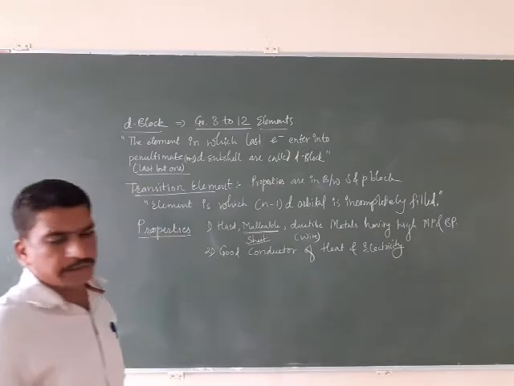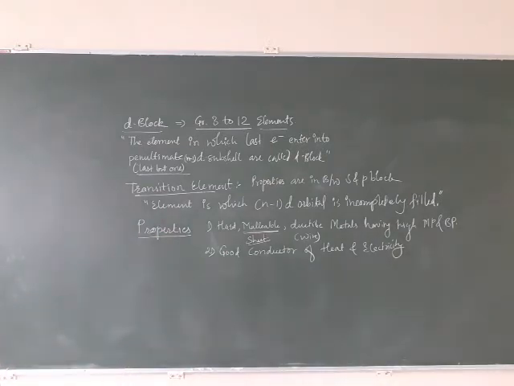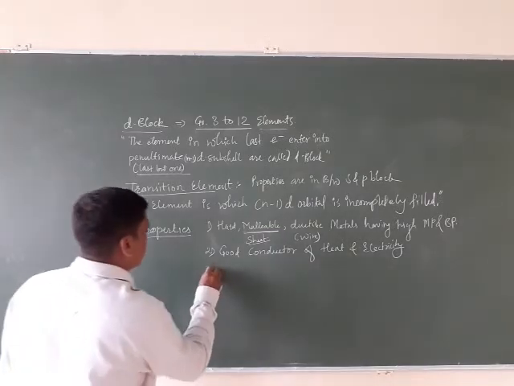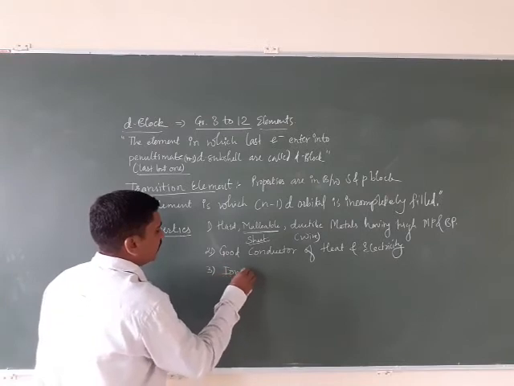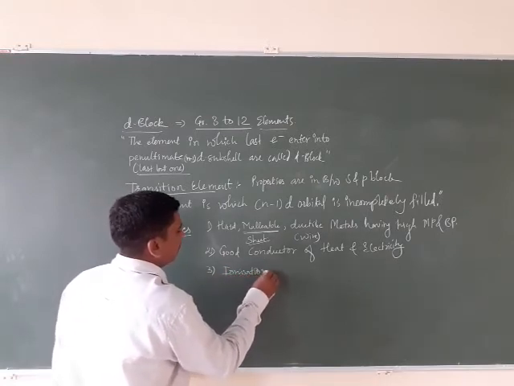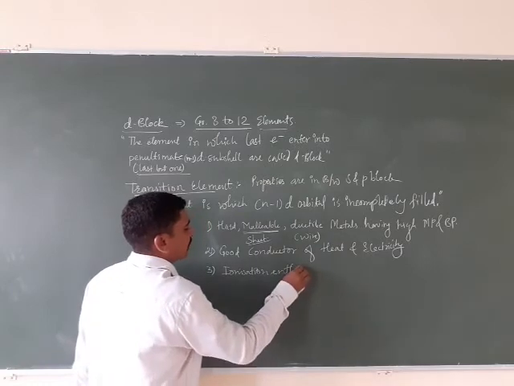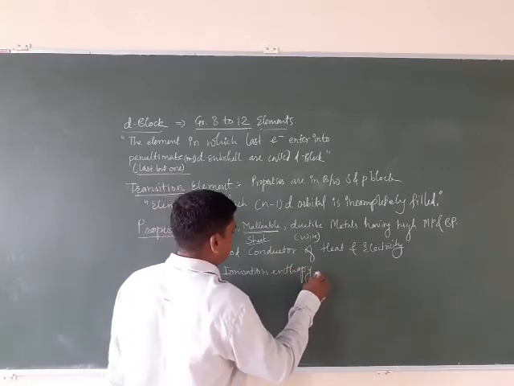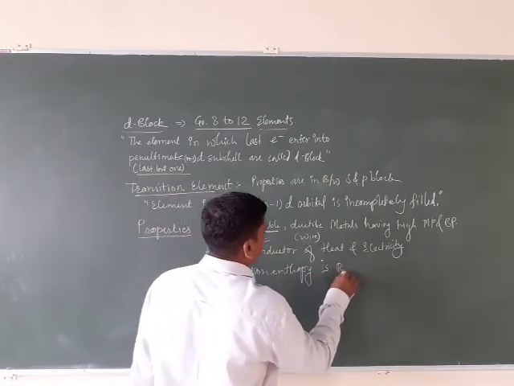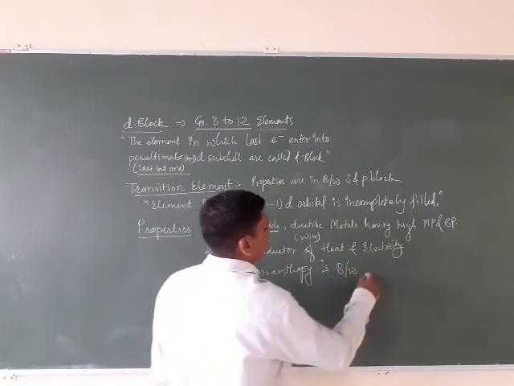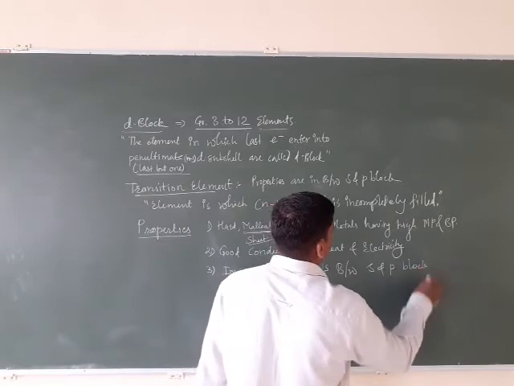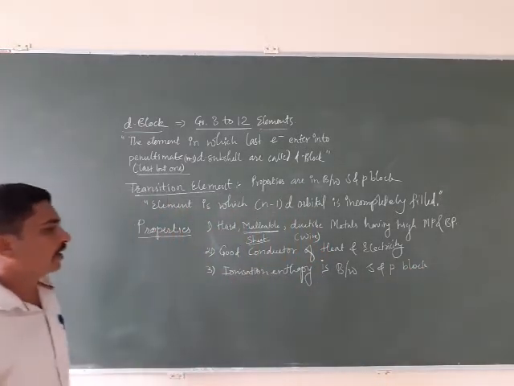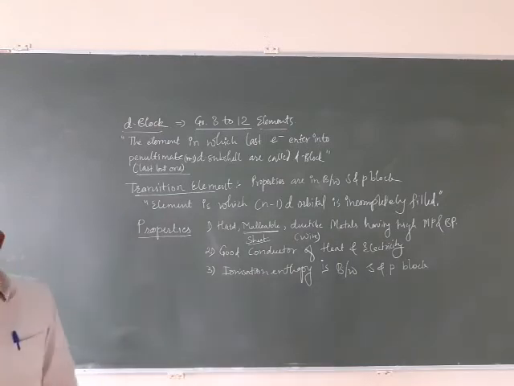Electric current. Okay. Then the third point, what we are discussing: the S and P block. Ionization enthalpy, ionization energy. Ionization enthalpy is between what? It is between the S and P block. So whatever energy they require, it is in between the S and P block.